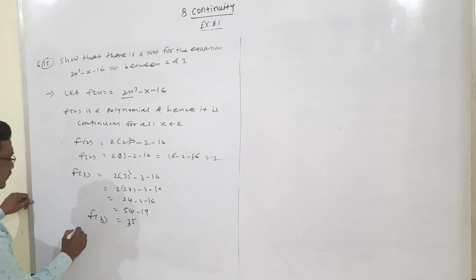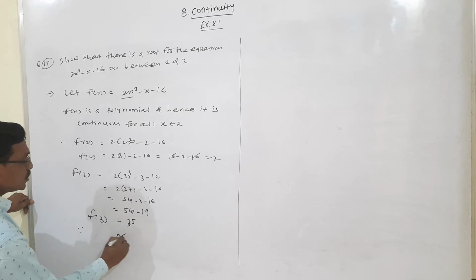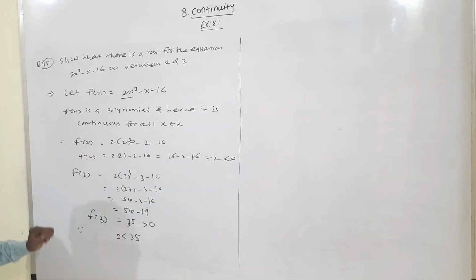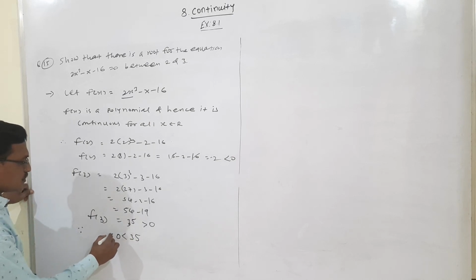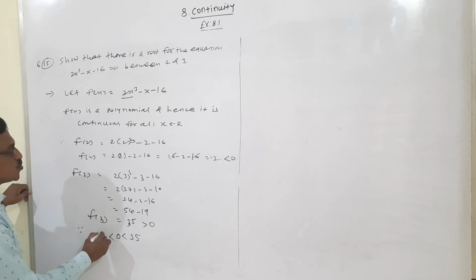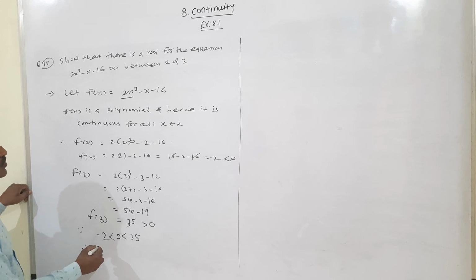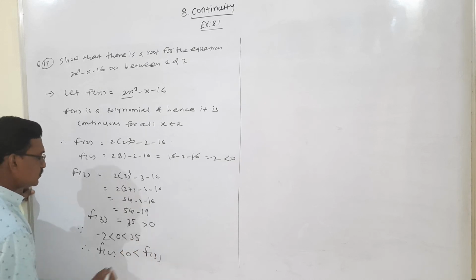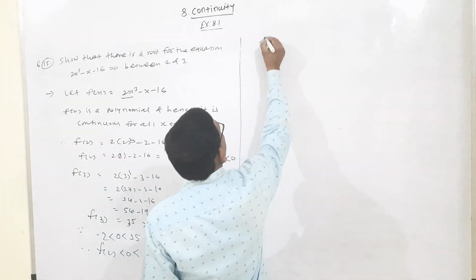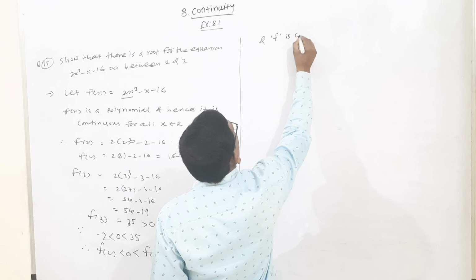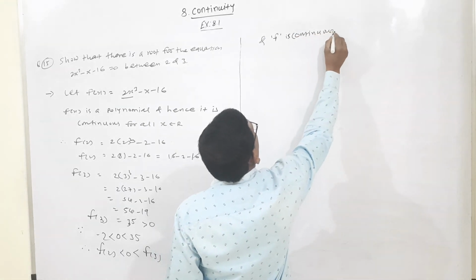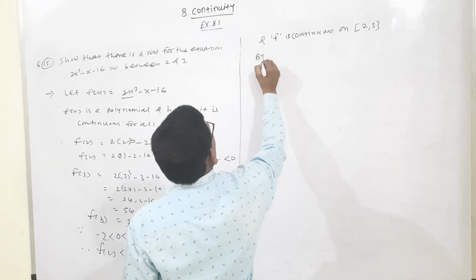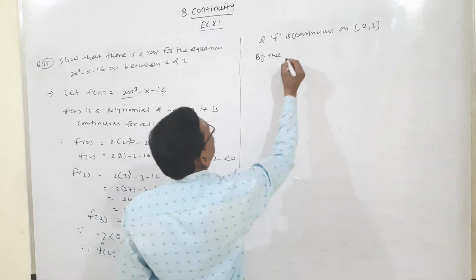f of 3 is 35 and f of 2 is minus 2. Since minus 2 is less than 0 and 35 is greater than 0, 0 lies between f of 2 and f of 3. Minus 2 is f of 2, less than 0, and 35 is f of 3, greater than 0. Hence f is continuous on the closed interval [2, 3]. Therefore, by the intermediate value theorem,